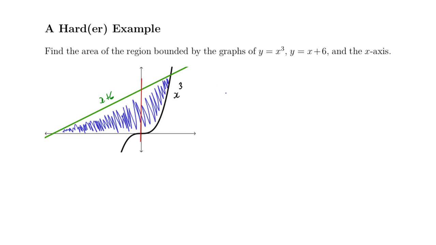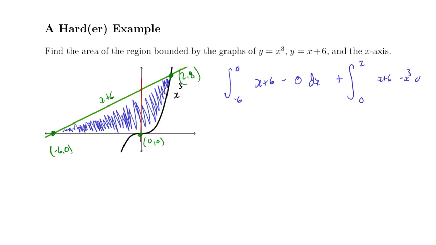We'll say, all right, our area is going to be the integral from this point over here up to this point here. So we'll say from negative 6 to 0 of just x plus 6 minus our bottom function, which is the x-axis, so we'll say 0. And then we have the rest of this area, which is from this point at the origin up to this point right here. This is at (2, 8). So the rest of our area is the integral from 0 to 2 of x plus 6 minus x cubed dx. Let me write that out once